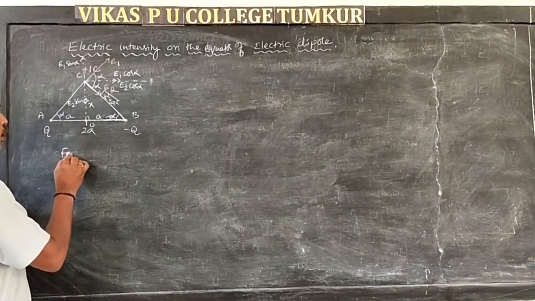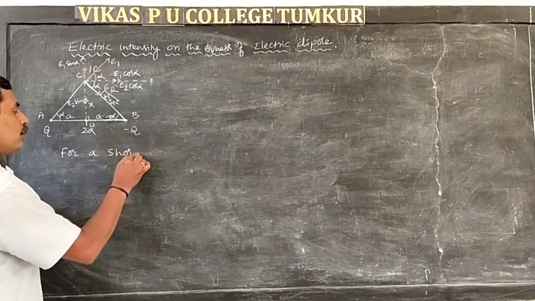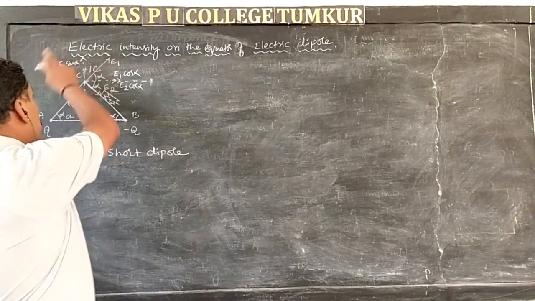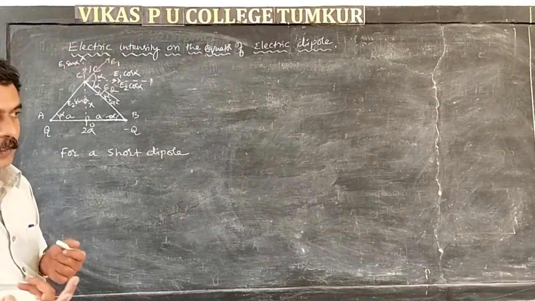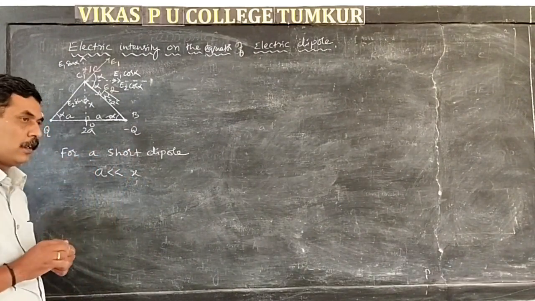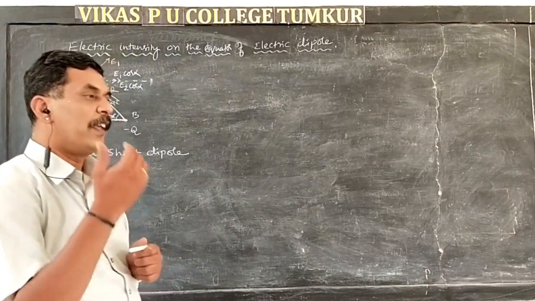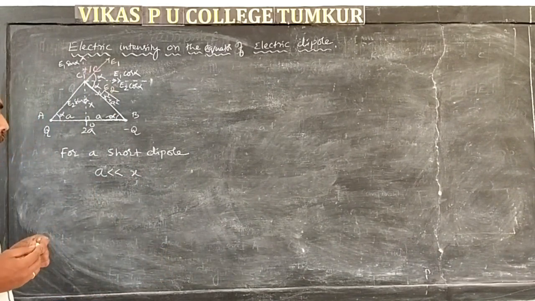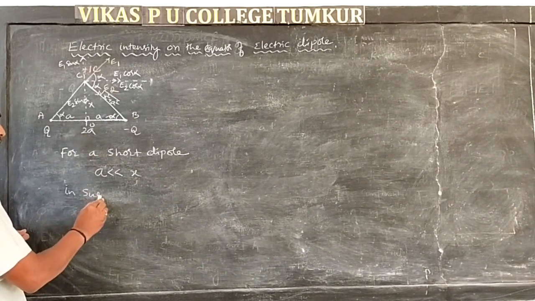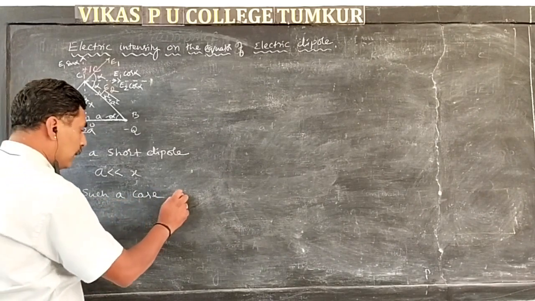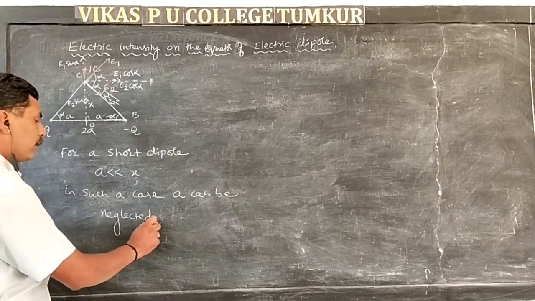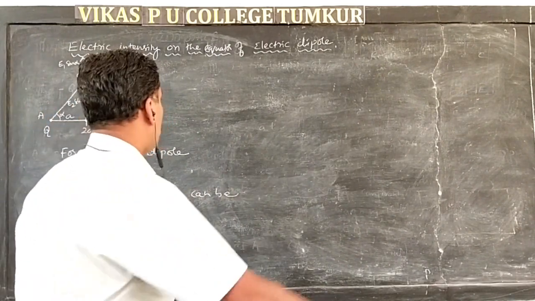Now, for a short dipole. We already saw in the previous case what a short dipole is: the semi-dipole length a is very, very small compared to the distance of the point on the equator. Then you call the dipole a short dipole. And you all know, in such a case, a can be neglected. So now, neglecting a